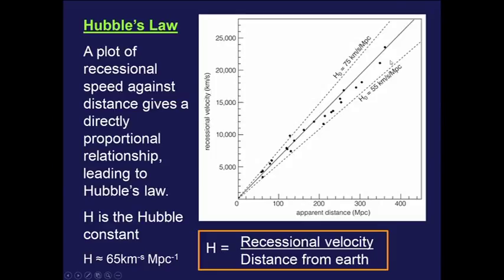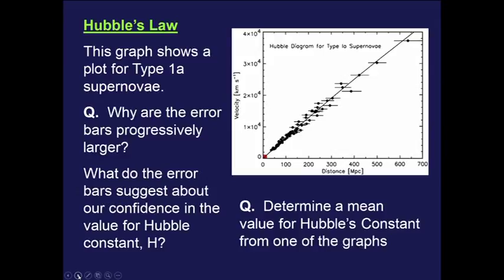Now notice that there is quite a large deviation between the highest value it could be and the lowest value it could be, and that is because, as you're looking at further and further galaxies, there is greater error in the measurement of the distance. Okay, and that is because of the uncertainties in the apparent magnitude that we can detect from Earth. Obviously we have a measurement of the apparent magnitude, and there is a degree of uncertainty in that, and the greater the distance to a distant galaxy, the larger the percentage error becomes.